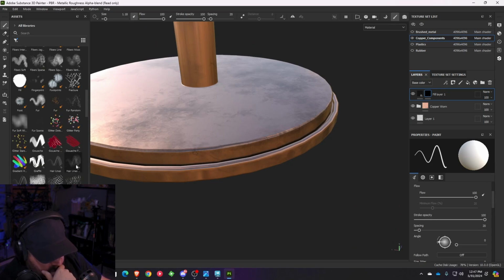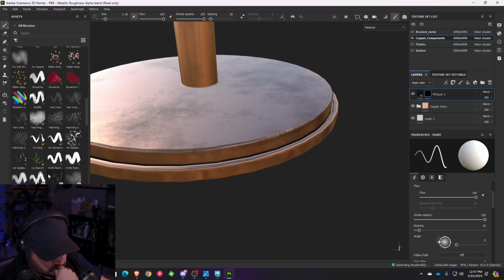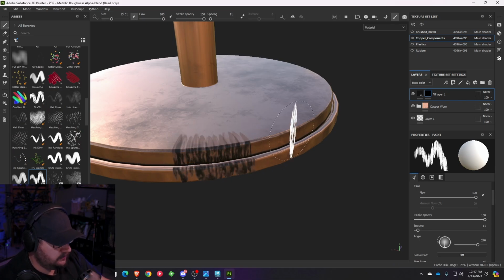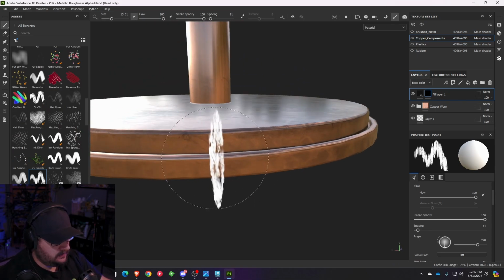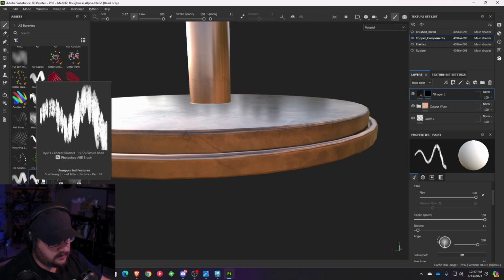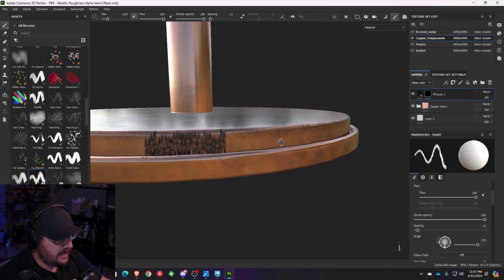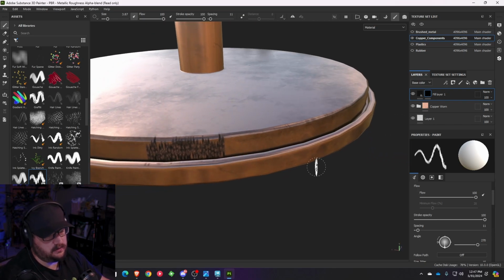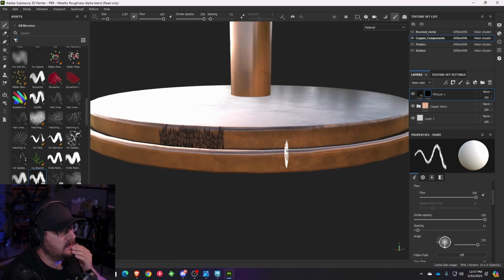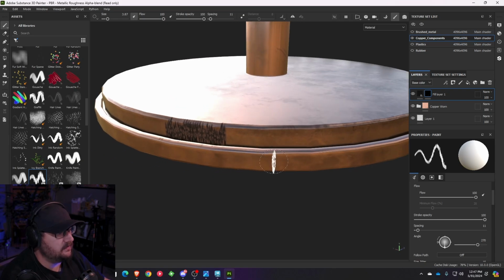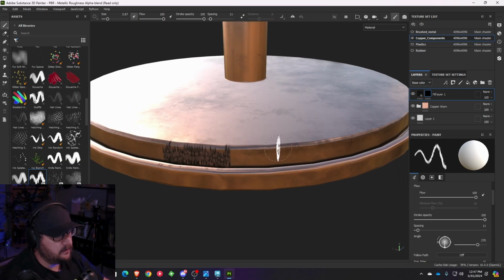So if I look at my brushes here, that one's a little too rough. But actually, you know what? Hold on, let's try this one. The brush we're looking at right now is called Kyle's Concept Brushes. That actually gives us a really nice look. The problem is that I don't want to put that on top of the black mask because I want to be able to adjust this mask. So what we're going to do,